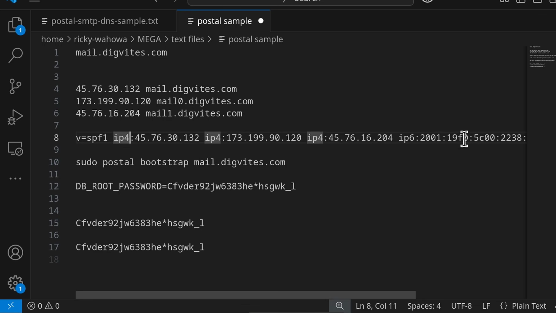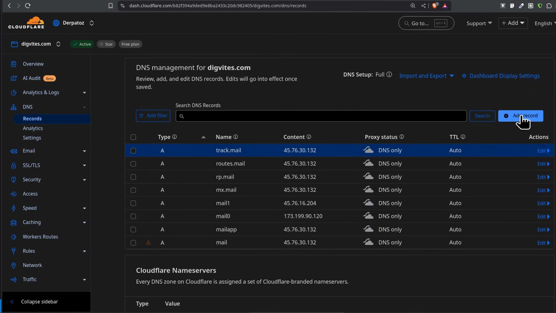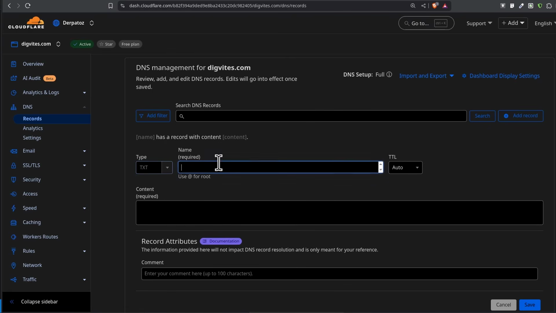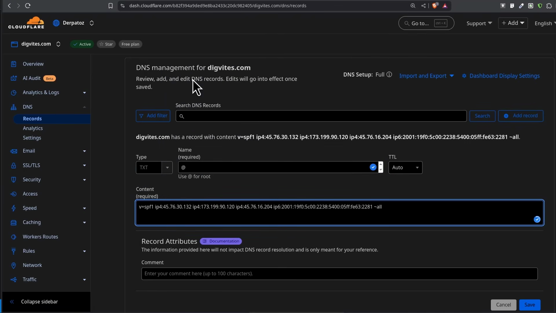And for this to work, make sure you add the matching A records, matching AAAA records. Let's come here and we're going to add a TXT record. TXT. Let's just search for TXT. Enter. And this is going to be the root domain. Paste. And for that, let's say it exclusively sends to that.